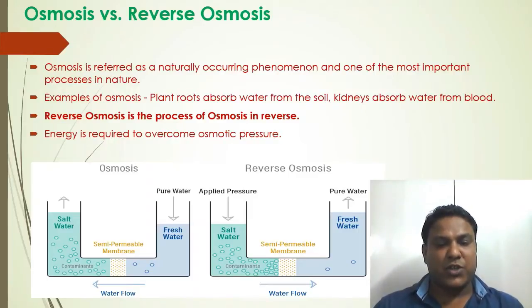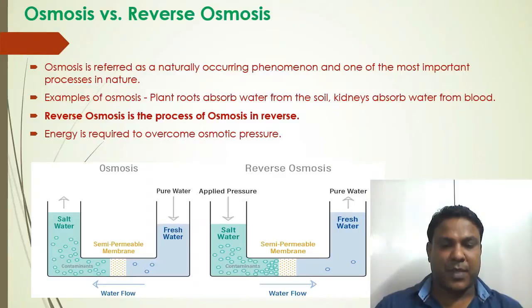Below is a diagram which shows how osmosis works. A solution that is less concentrated will have a natural tendency to migrate toward a solution with a higher concentration. For example, if you have a container full of water with a low salt concentration and another container full of water with a high salt concentration, and they were separated by a semi-permeable membrane, then the water with the lower salt concentration would begin to migrate towards the water container with the higher salt concentration.